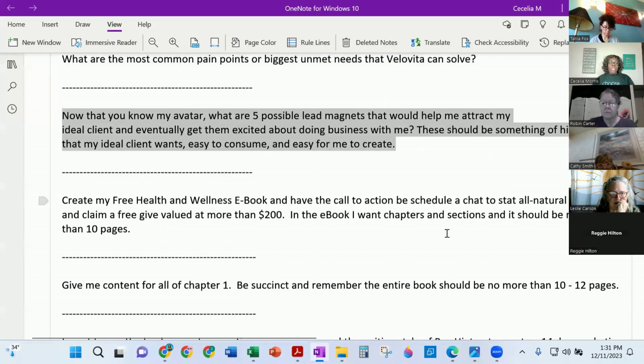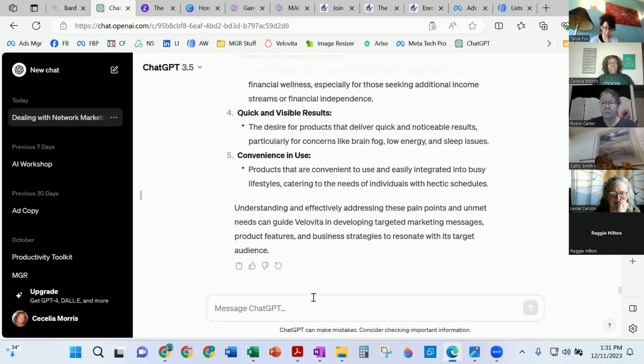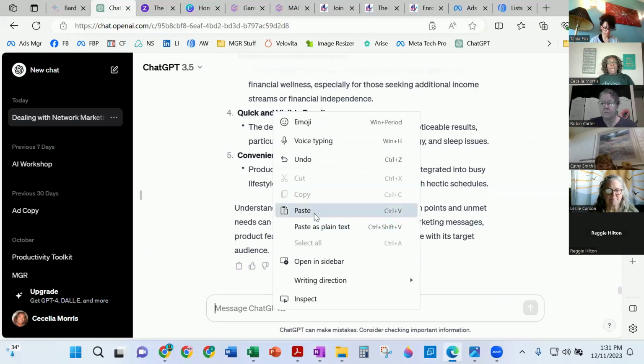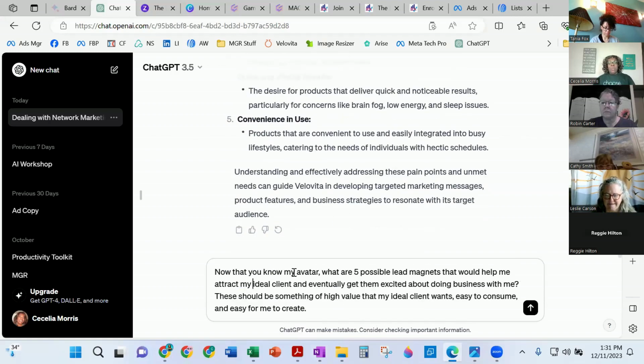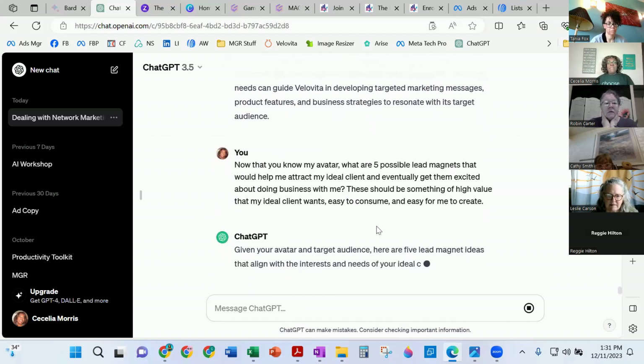You got to have a way to bring people into your world, into your ecosphere. And with lead magnets, you don't want to just create anything. That's what a lot of people did and still do prior to AI, is that instead of giving people what they want, you create something and then nobody buys it. And you're like, but why? Because it's not what they wanted. So using ChatGPT, we're going to identify what it is that my people are looking for. And they're going to give me 5 things to choose from. So I'm going to let that fly.